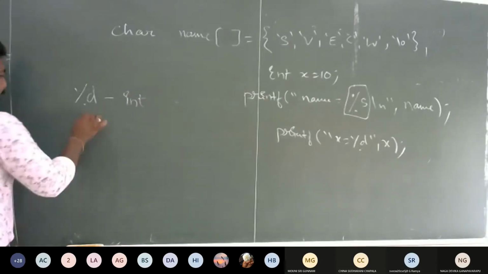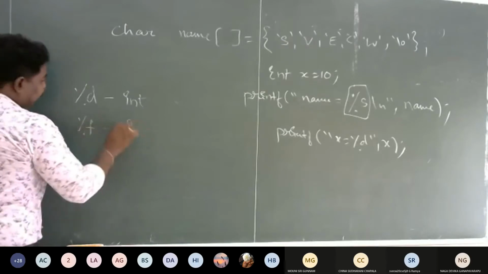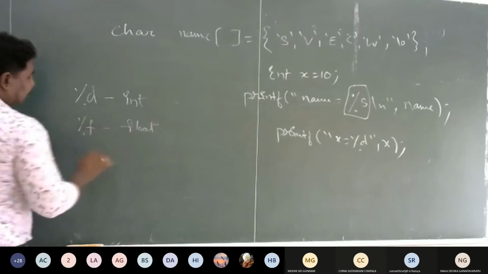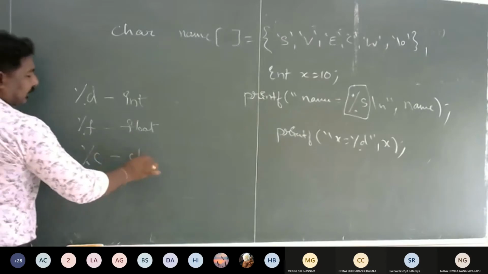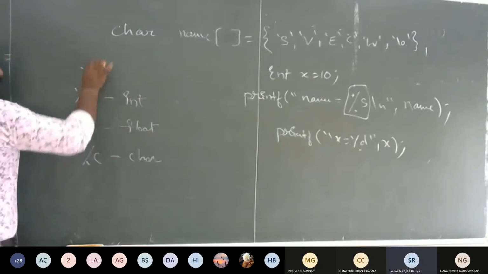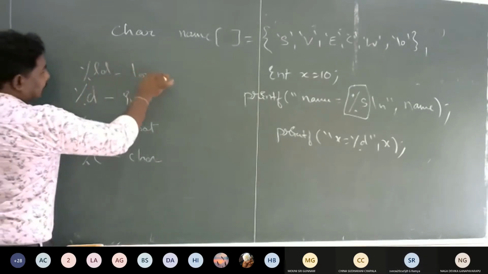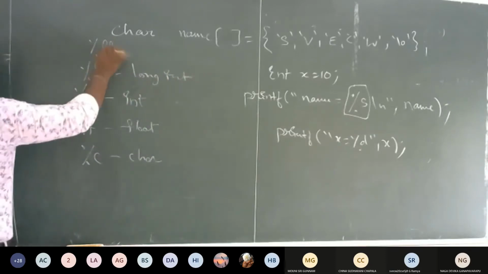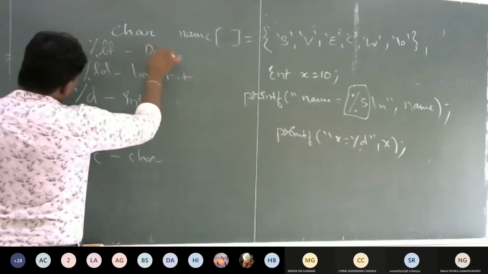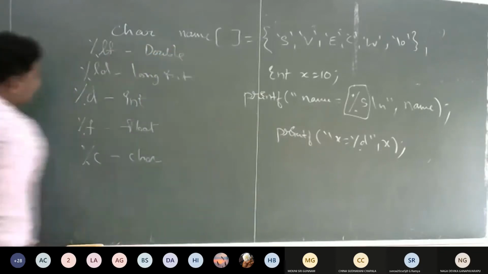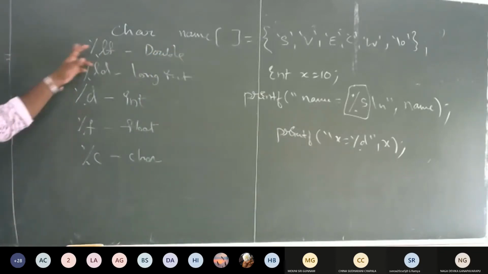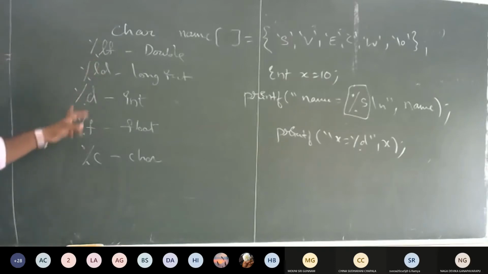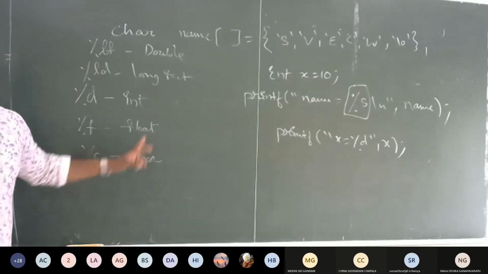We use %f for float, %c for char, %ld for long int, and %lf for double. So most of these format specifiers are specific to a data type.